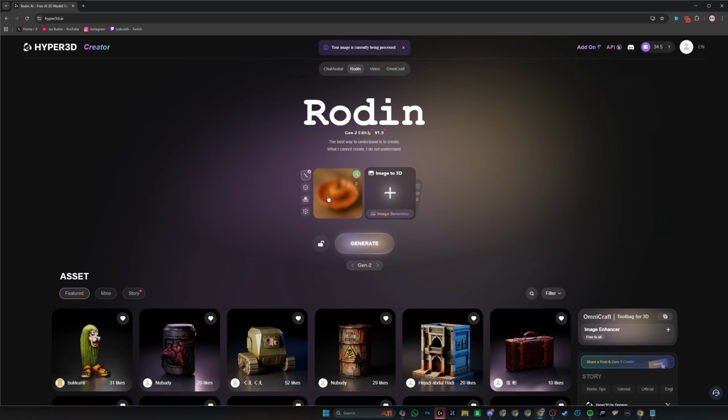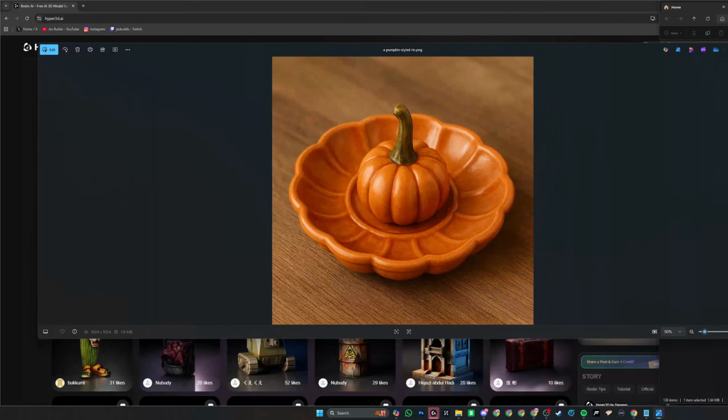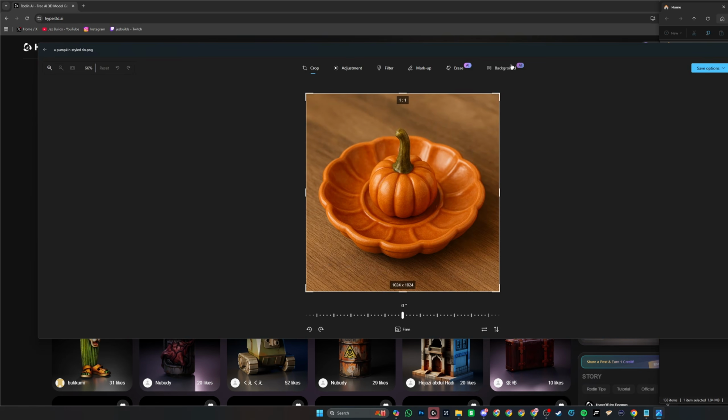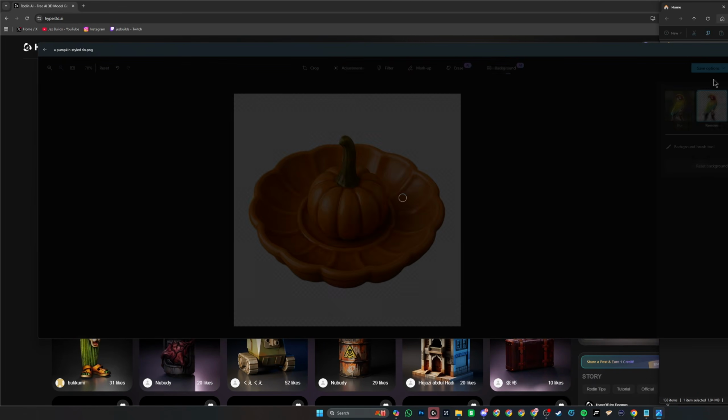You can always try to remove the background. Now there are websites out there that can help you, and so can Windows actually. If we open up our pumpkin style here, this is literally just a Windows photo opener. If you click on edit at the top left hand corner, you can actually remove the background fully in its integrity, just like so. And then if you just save as copy,